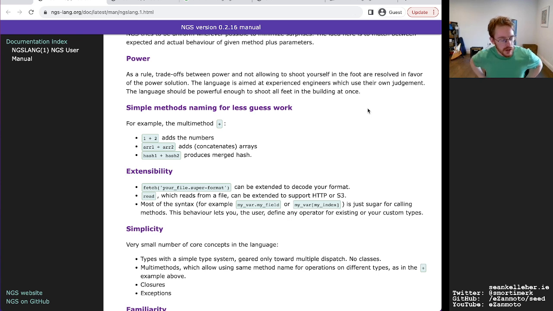I wonder which I would be in favor of. It depends what kind of shooting yourself in the foot you're doing. I mean, in terms of the language itself, the worst thing that I imagine you could do is run an infinite loop or leak memory or something like that, all of which are basically resolved once the program itself finishes.